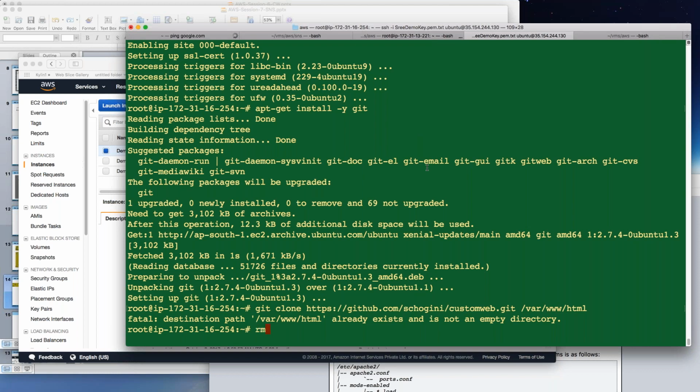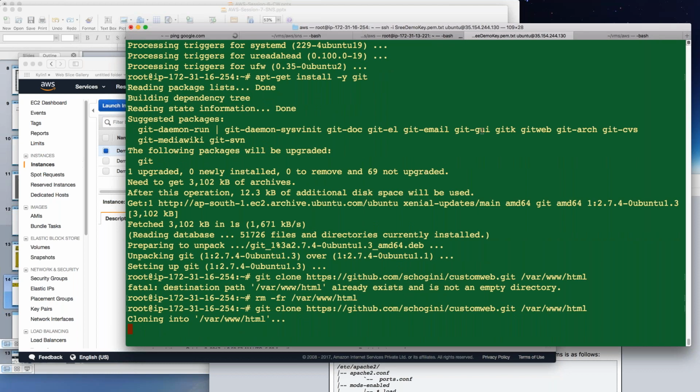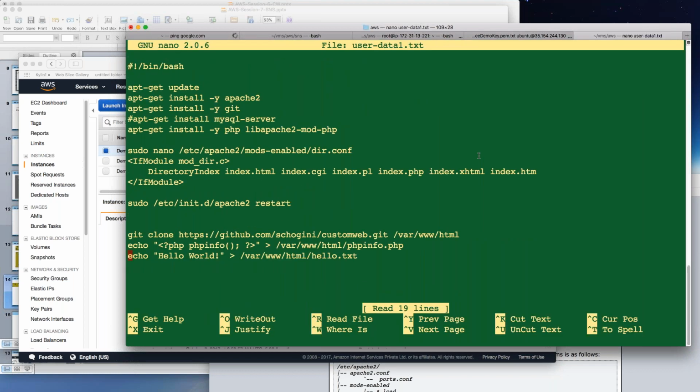So what I will do is rm -fr /var/www/html and git clone, and here also I will correct. I will tell you why I am correcting it here. rm -fr /var/www/html,